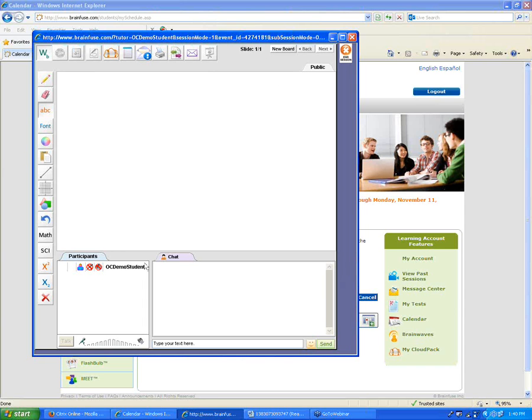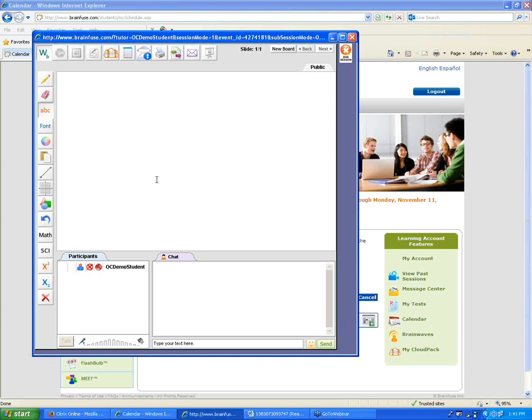The few differences that we have, though, are the audio, which I already mentioned. So in a Meet session here, you will be able to use audio and speak back and forth to everybody connected in the session. Also, you can have any number of participants, so it won't just be the tutor and the student. You might have 5 students connected here, or however many you invite. They'll all be connected in the same classroom here. So anything put on the whiteboard or typed in the chat box would be visible to everybody signed in to the session. And the one other difference